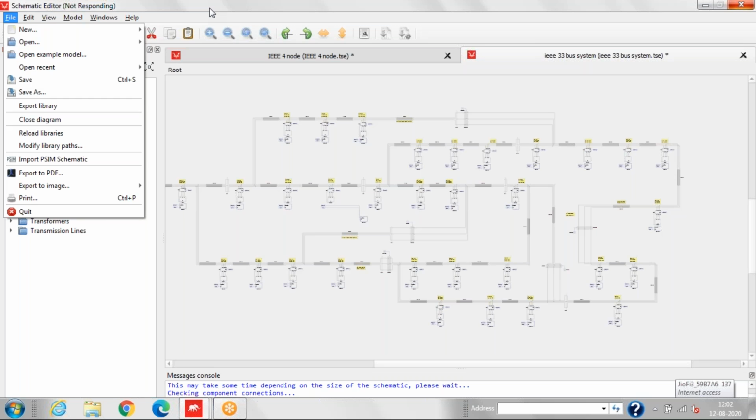So the model is stuck. I think I have told you regarding this IEEE 33 bus system. If you have any query regarding the IEEE 33 bus system, you can ask, because this model is not compiling right now. The schematic editor is not working, it's hanging because of some issue in my PC. So you can just open this model in your PC and observe it. If you have any query regarding that, you can send us mail and ask further.